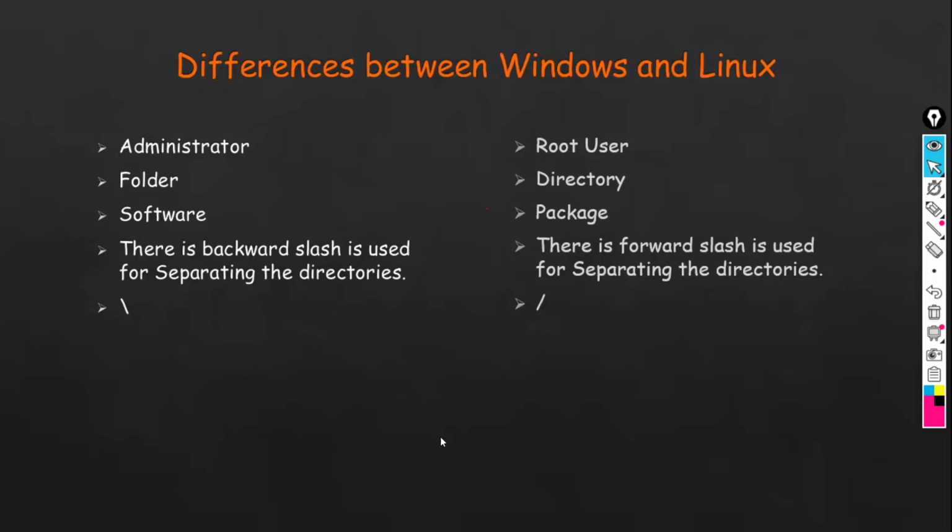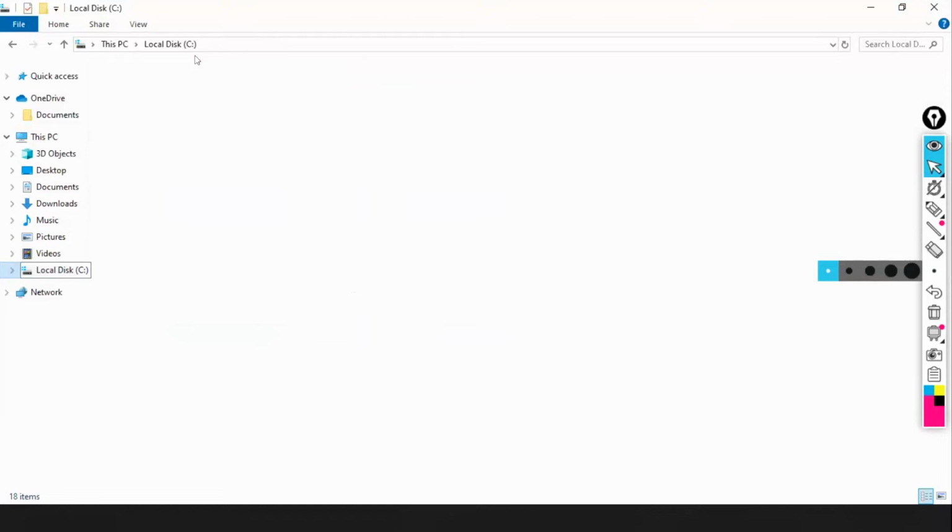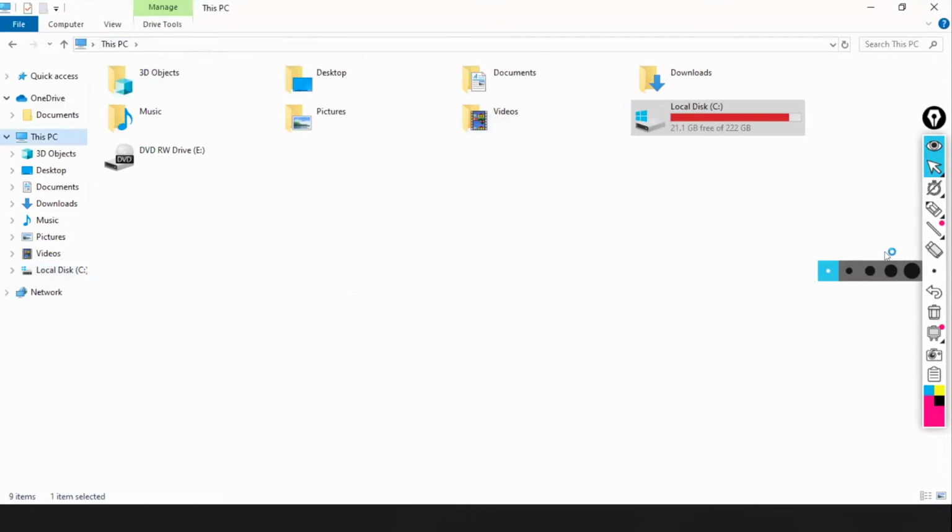Okay, fine. Next one is file system hierarchy. So before understanding file system hierarchy, let me tell you something in Windows. In Windows, how the file system hierarchy will be. This is a new laptop. As of now, we didn't install anything. Just now I installed Windows operating system. Once we install Windows operating system, first, what will be there here? C drive. So my operating system is installed where? It is installed in C drive.